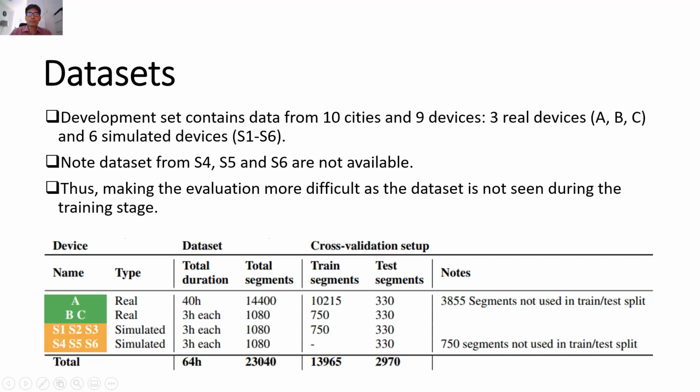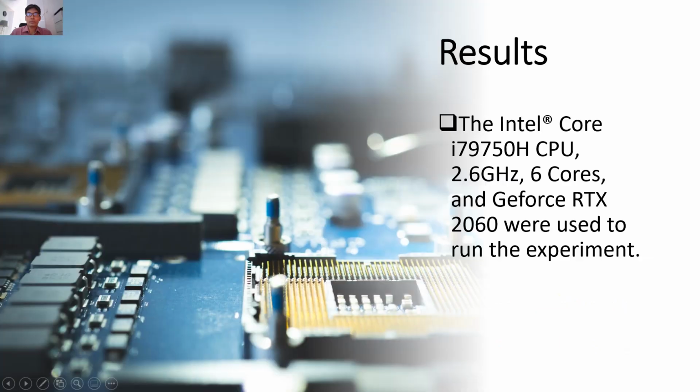It seems that this makes the evaluation more difficult, as the data is not seen during the training stage. For the dataset, in total there are 64 hours. The total number of segments is 33,040. Training segments are 13,965, and the test segments are 2,970. For the results, we use our own laptops, with an Intel Core 6 cores and GeForce RTX 2060